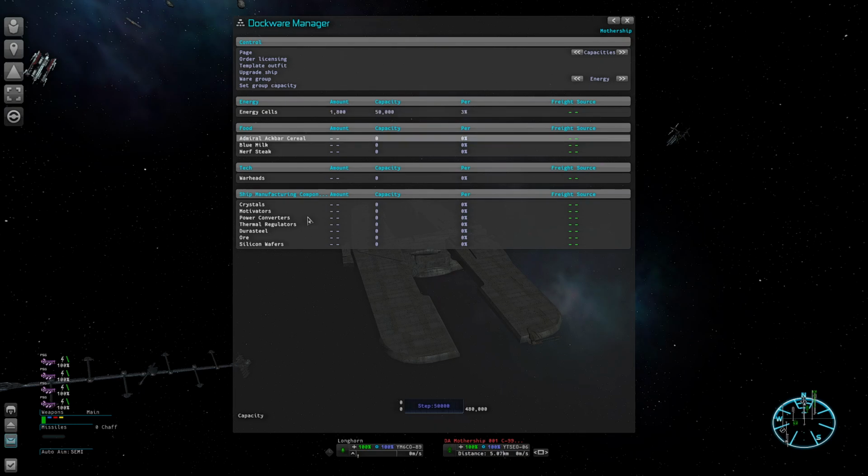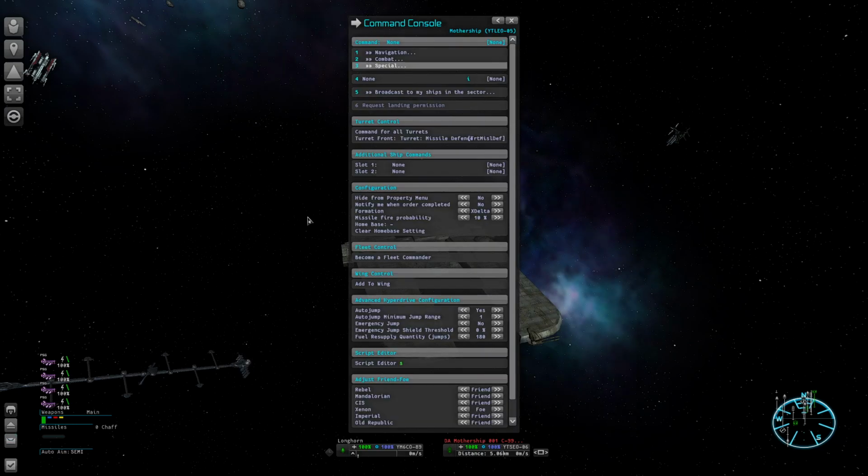So we'll do 50,000. Admiral Akbar cereal, we don't need any. The food is used for laser manufacture, and we're not going to be producing any lasers right now. Warheads are used for missile manufacture. I'm not making any missiles. And the ship manufacturing components: crystals, motivators, power converters, all that. What I recommend, ore and silicon are going to be used in pretty large amounts. So I would actually take the mothership,